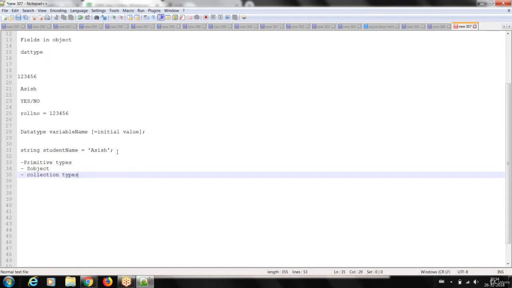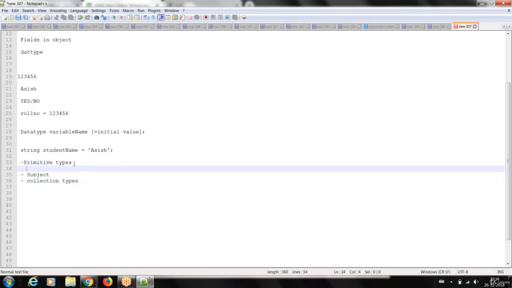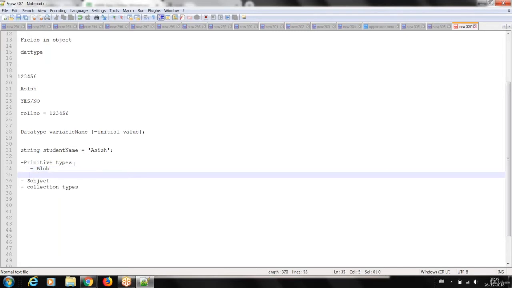So now these are the different types of data types Salesforce has given. Okay, so whenever I'm saying primitive types, what types are there? So primitive types come with, like you have heard about integer, string, same way different types of data we have. We start with blob. Okay, whenever you have large object data to store, that time you can use blob type of data. Okay, nothing but your image or maybe a big text you want to store. That time, say binary large object file when you want to store, that time you can use blob type.